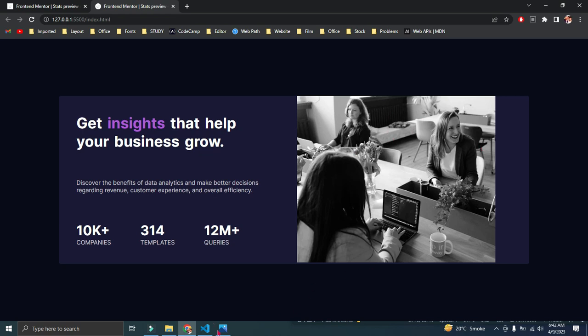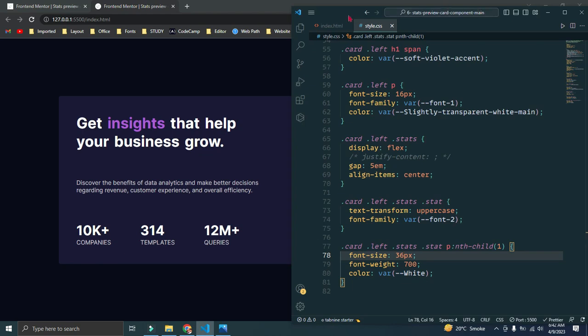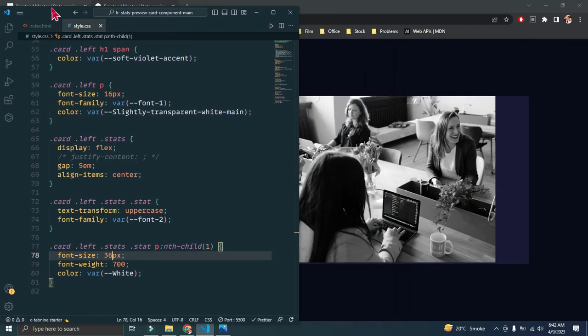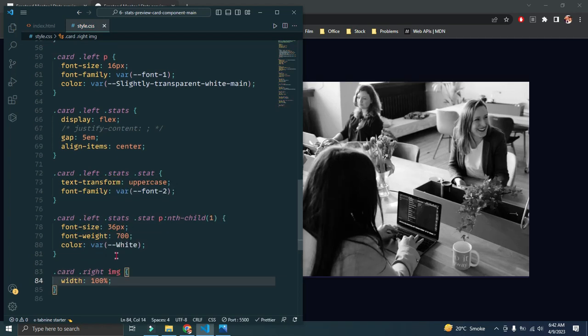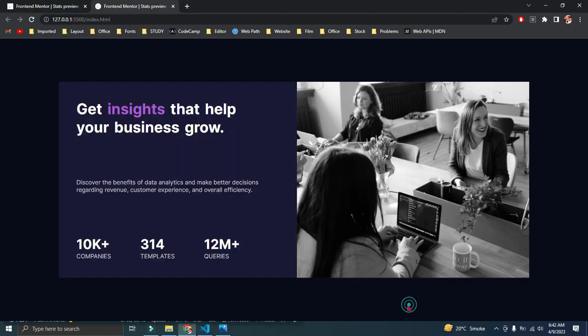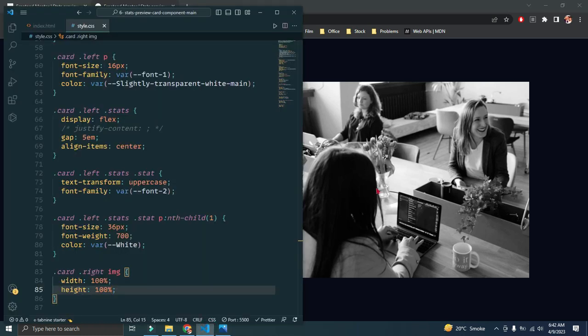to the right section. To do that, what we need to do, dot card dot right img, width would be 100%. That's it. But as you can see, a small gap here. Okay, now we need to add the height of 100%. There we have it. That's it. We just need to add our the color or the hover